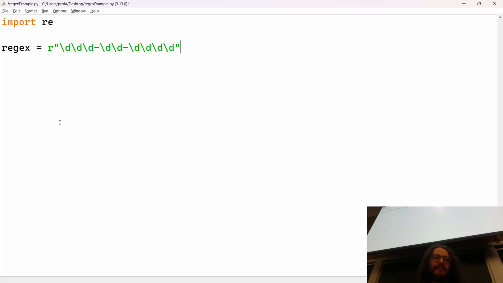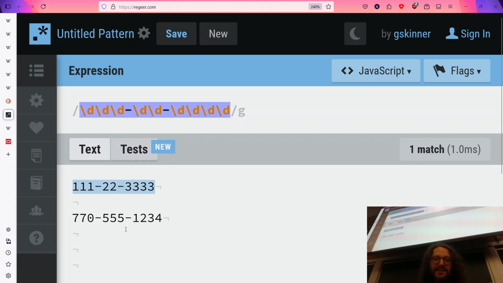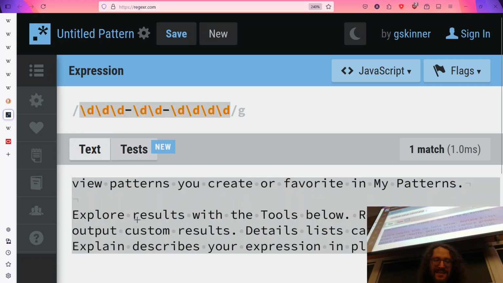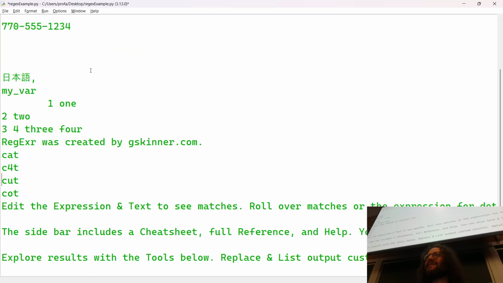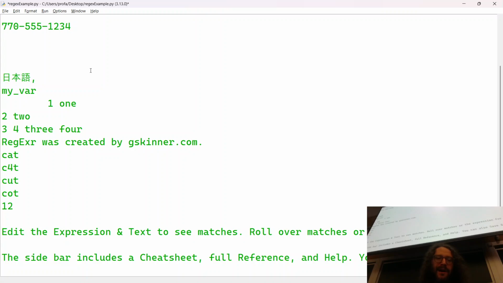So I'm going to identify what my regex is. I'm going to make some text here. Text is equal to, and I'm just going to triple quote here for a reason, and you'll see why. And I'm just going to grab this text, right? And you can come up with whatever wild stuff you want to put in here. Just make a bunch of text, drop a few social security numbers in it. Not necessarily a real one, but stuff that is formatted like